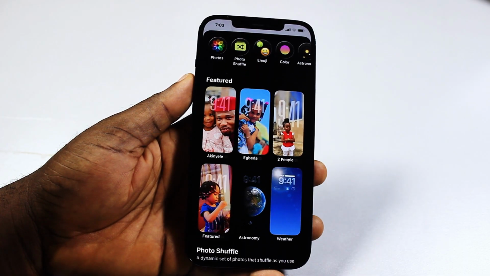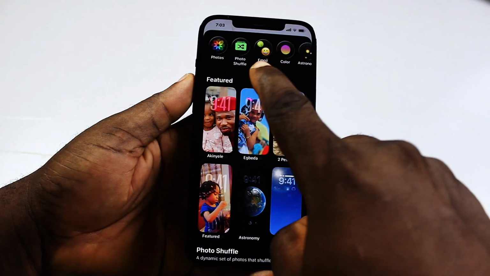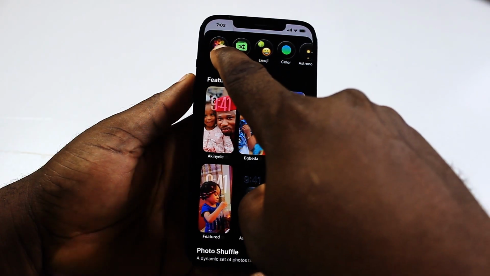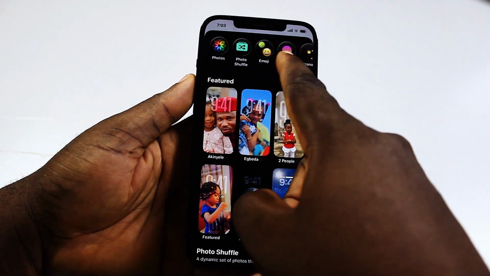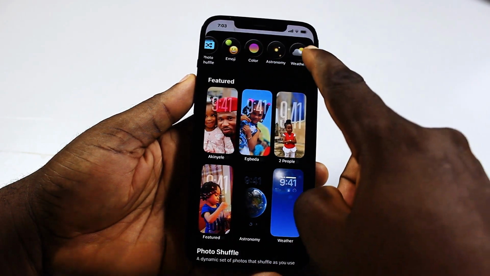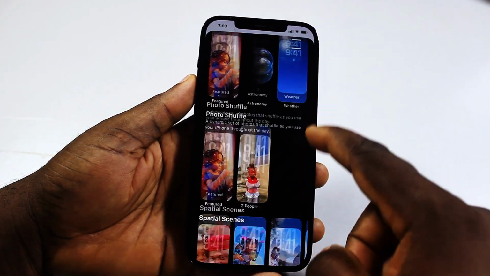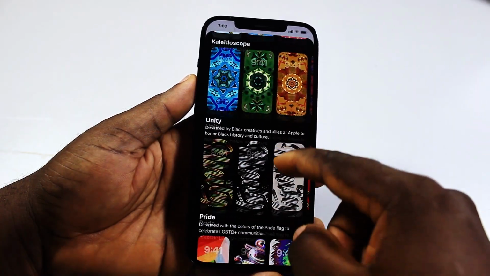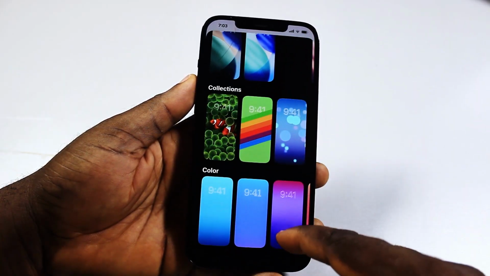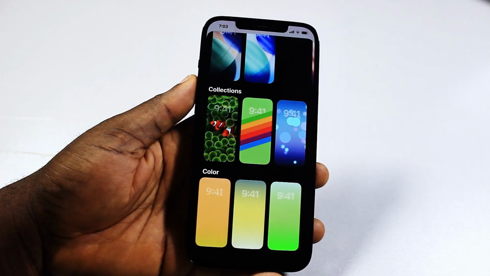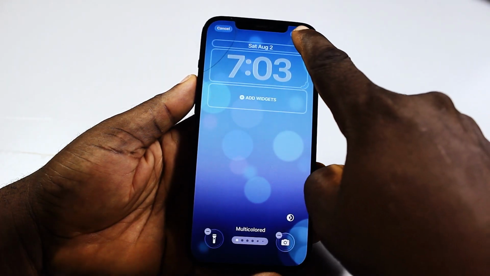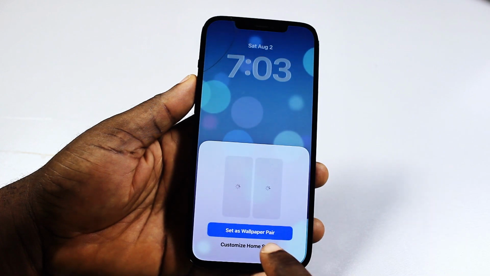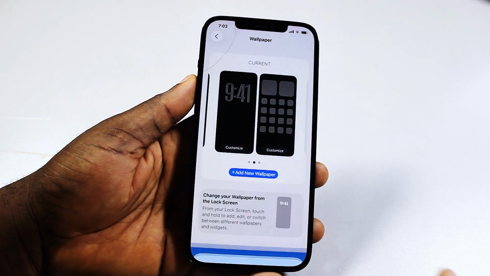add new wallpaper. Now instead of choosing photo shuffle, you can just go ahead and click on photo, emoji, color, astronomy, or weather. You can also scroll through to select your choice of wallpaper from the available options. So go ahead and select it and then click on add at top right, click on set as pair wallpaper